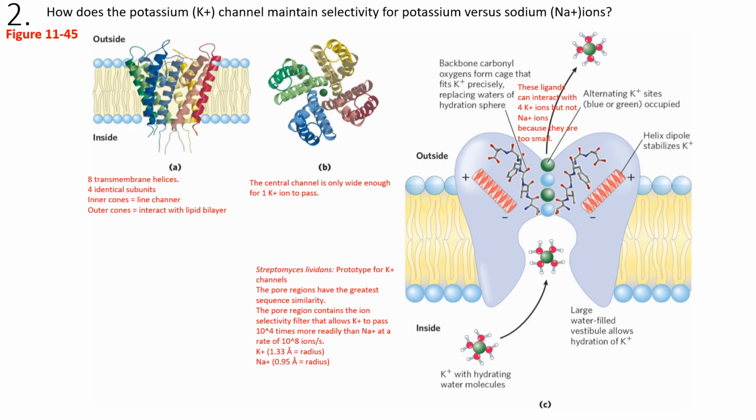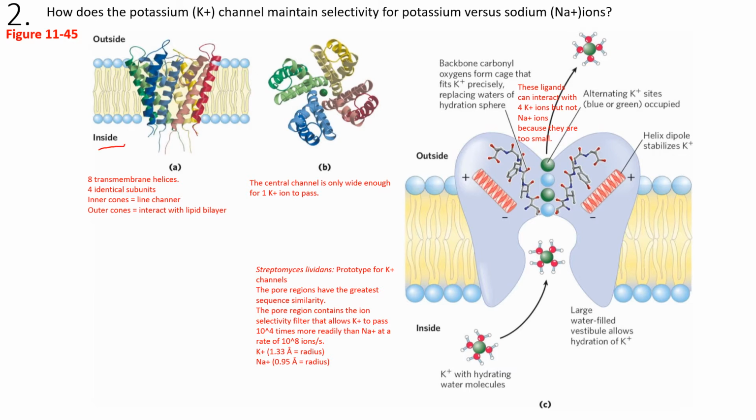Okay, so question number 2. How does the potassium channel maintain selectivity for potassium versus sodium ions? So here, figure 11-45 will help you to answer this question, but I highly recommend that you read a few paragraphs right before this figure and then a couple of paragraphs after this figure. But again, here are some notes that I took from the book. Everything that's in red are notes that I took. So here in figure A,